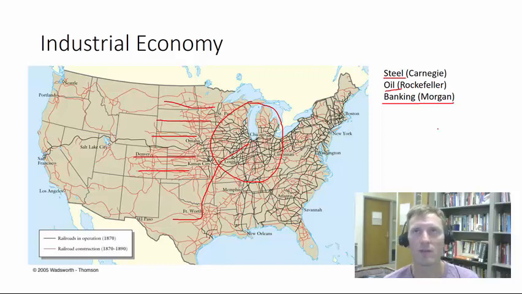A person who doesn't do a job other than accumulate money and then use that money for business ends, the most important person in this is going to be a guy named J.P. Morgan, or John Pierpont Morgan, who's going to consolidate capital. He's going to bring lots of money together and then use that money to invest in massive factories, to invest in massive building projects, and that's all going to create this industrial economy where the South is going to be largely growing cotton still, but the rest of the country is going to be growing in this mass production and industrial way.